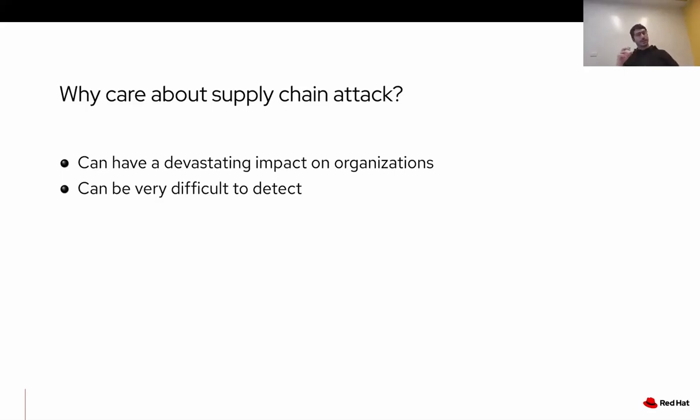The second aspect is that it is very difficult to detect, and this is due to many different reasons. I think the biggest reason is that it's a new kind of attack. Historically speaking, we have seen supply chain attacks in the last few years, but back in the day, this was not a common way of doing attacks, so they are probably less understood in general, and we have less tooling compared to other kinds of attack vectors. It can also be very difficult to defend against them. This is partially due to the fact that we don't have the tooling, but also partially due to the fact that